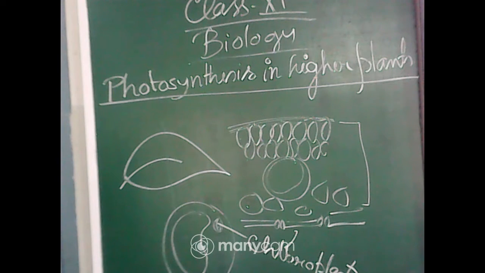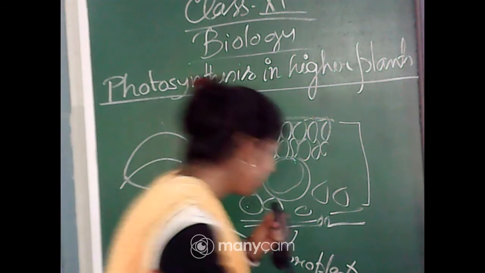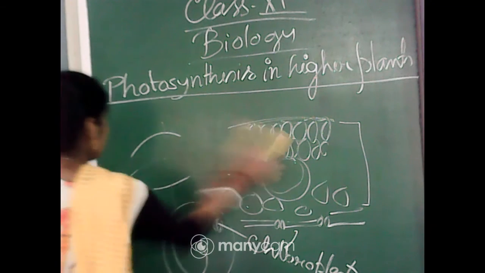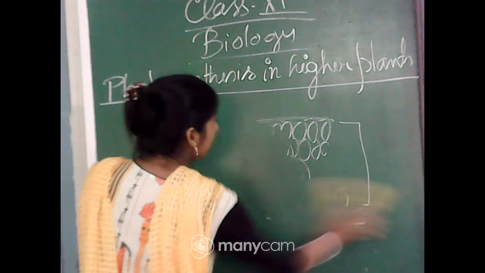Now you know the different structure of chloroplast. You have read that in chapter 8, and a chloroplast is a membranous structure. Inside that chloroplast a membranous system is present, consisting of grana, stroma lamellae, and a fluid called stroma, right? So you can see the diagram from the book on page number 209. Okay, just check that diagram once again, as I have discussed the structure of the chloroplast in detail in chapter 8.